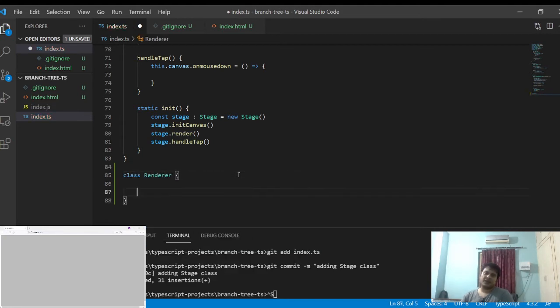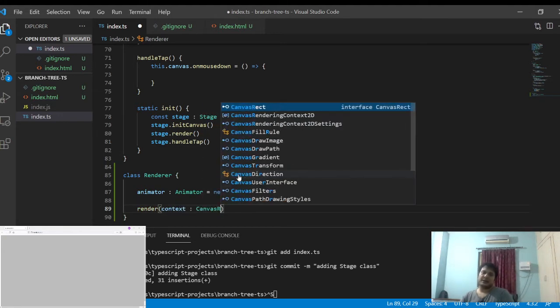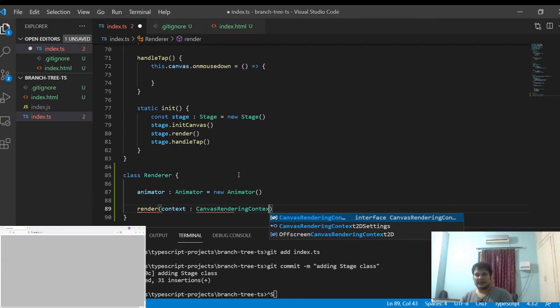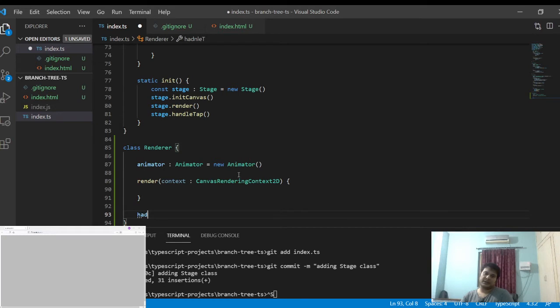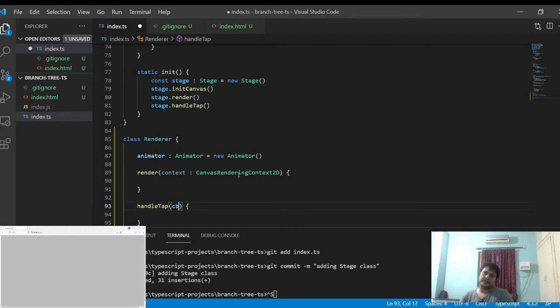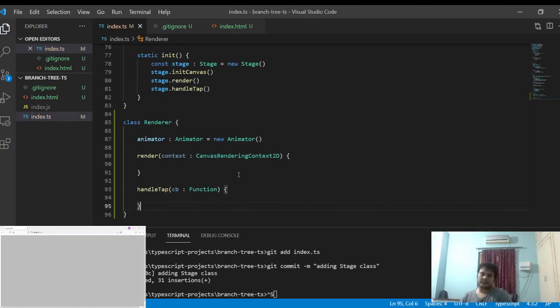This renderer will draw all our objects. The first thing it needs is an animator to animate the body. It will have two methods: render, which will take a context object, and handle tab, which will take a callback method.